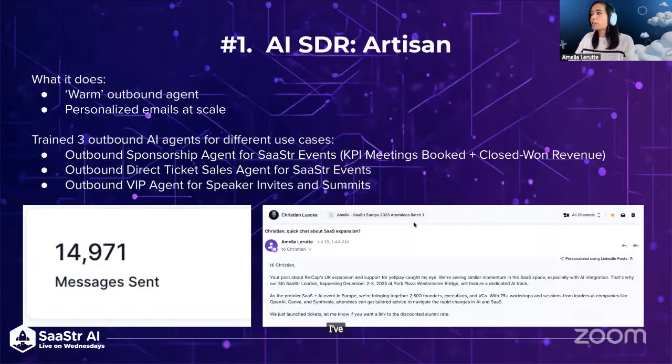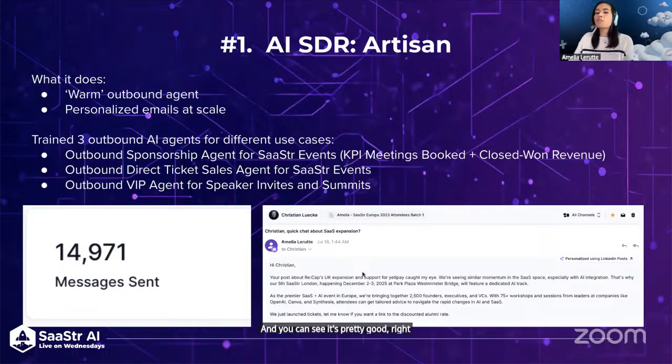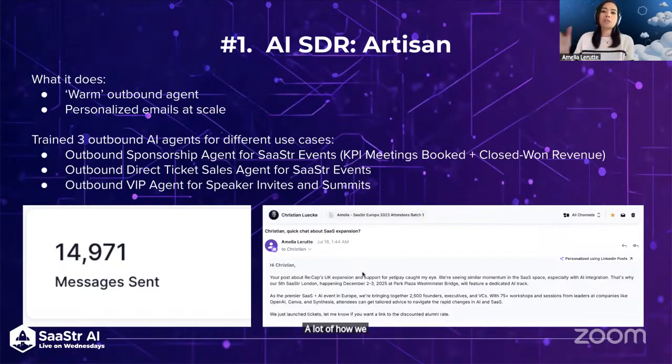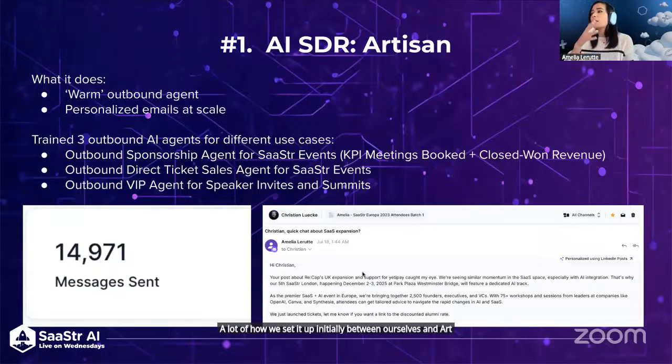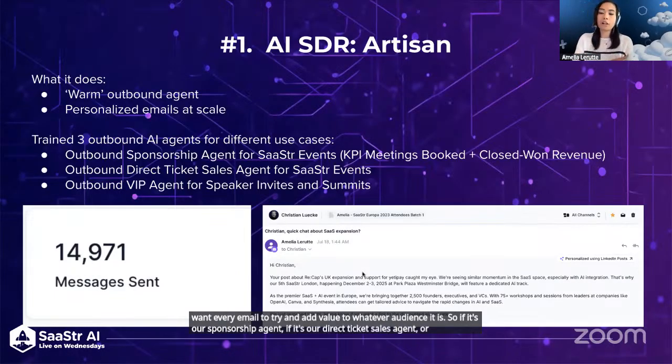I've put a screenshot on the right of one that it's sent out to a prospect to buy tickets. This is from our direct ticket sales agent specifically. And you can see it's pretty good, right? It's talking about what they do. And this is part of the training we did with the AI agent. A lot of how we set it up initially, between ourselves and Artisan, was to say we want every email to try and add value to whatever audience it is. So if it's our sponsorship agent, our direct ticket sales agent, or a VIP SDR agent,